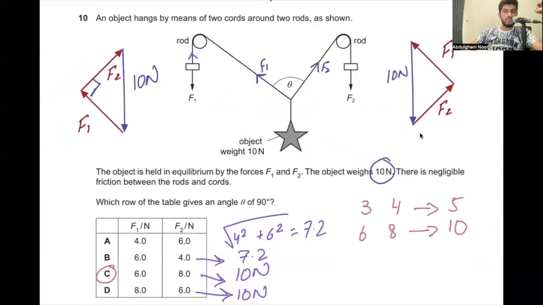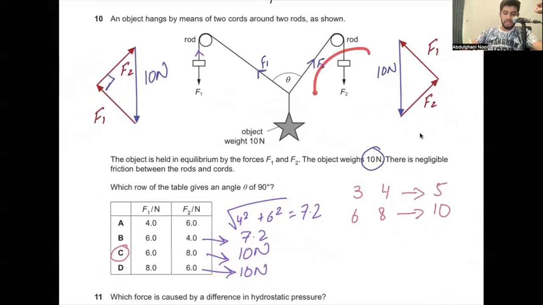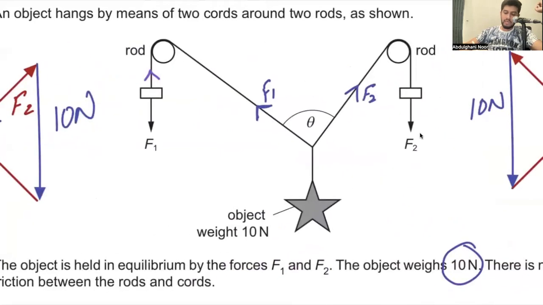F1 and F2 are weights, so will they be equal to tension? The resultant of these two will be, yes, this F1 and F2 will be equals to tension. तो अगर मैं इसको F1 की जगह T1 कह दूं ना, तो भी एक ही बात है, T1. F1 is equals to T1 and F2 is equals to T2. बिल्कुल.